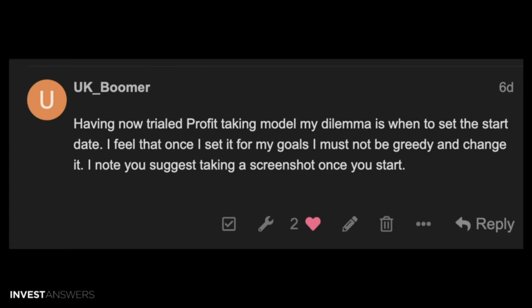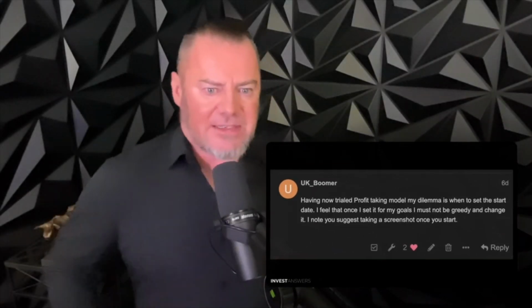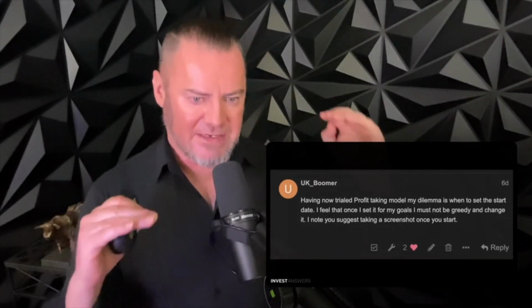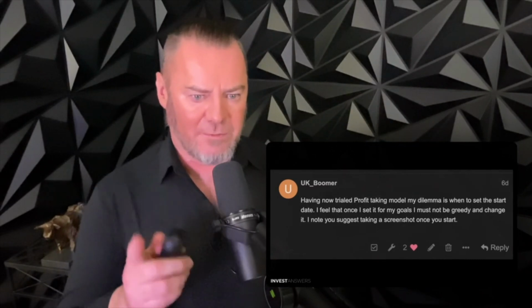Having now trialed the profit-taking model, my dilemma is when to set the start date. I feel that once I set it for my goals, I must not be greedy and change it. I note you suggest taking a screenshot once you start exactly. So I'm going to break down step by step how you scientifically set up your profit-taking for Bitcoin with two